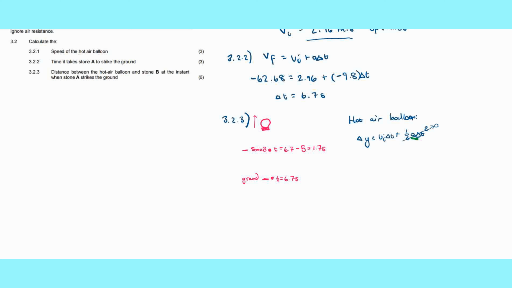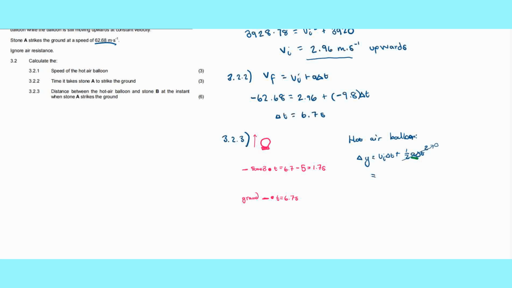Its acceleration is 0. Substituting into the equation, the initial velocity of the hot air balloon is what we calculated up here, 2.96 meters per second, and the time is the same time as for stone B, this 1.7 seconds. And we should get an answer of